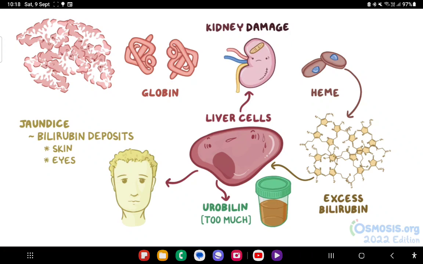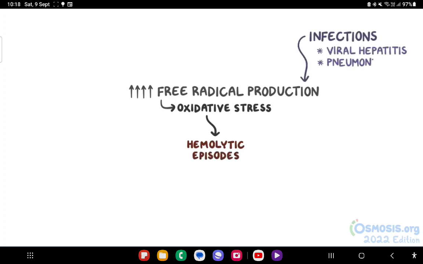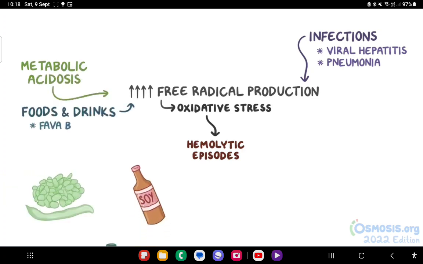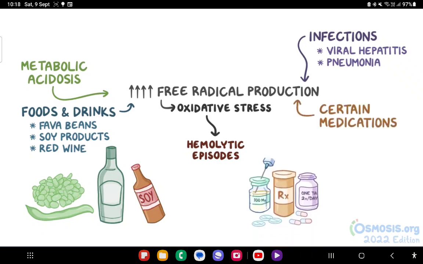Okay, so there's a long list of things that could increase free radical production, and when there are too many free radicals for the body to handle, it's called oxidative stress, which leads to hemolytic episodes. These include infections like viral hepatitis or pneumonia, metabolic acidosis, and foods and drinks like fava beans, soy products, red wine, and others. Also, certain medications can act as oxidant stressors, like primaquine and chloroquine, which are ironically used to